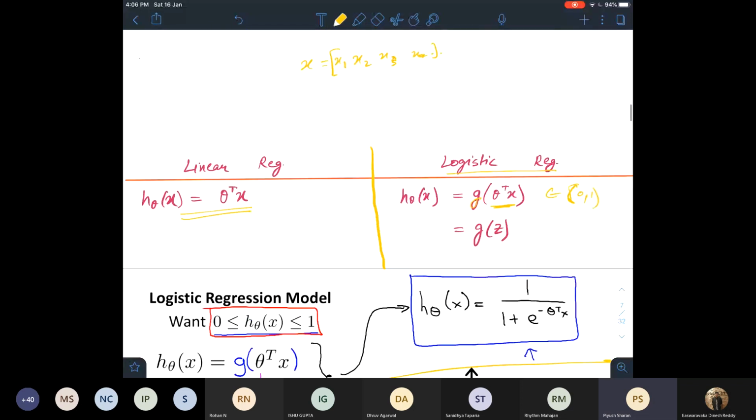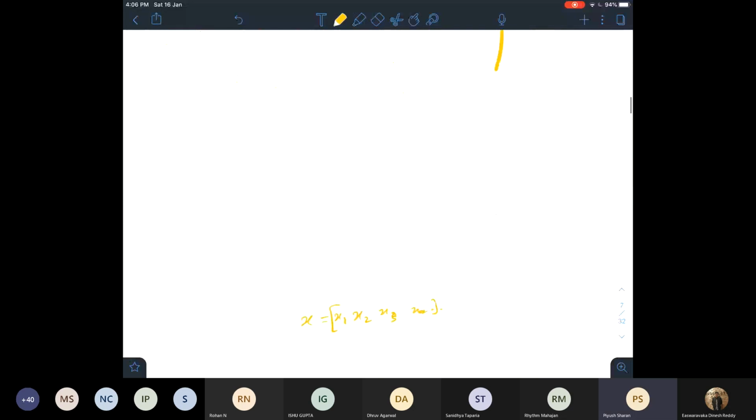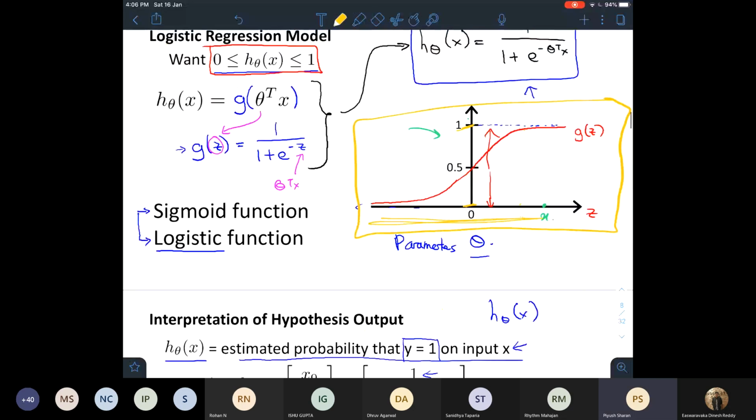One other thing you might notice: if for some value x you get a value between 0 and 1, because this plot is giving you values between 0 and 1, you can also consider them as probabilities, right?